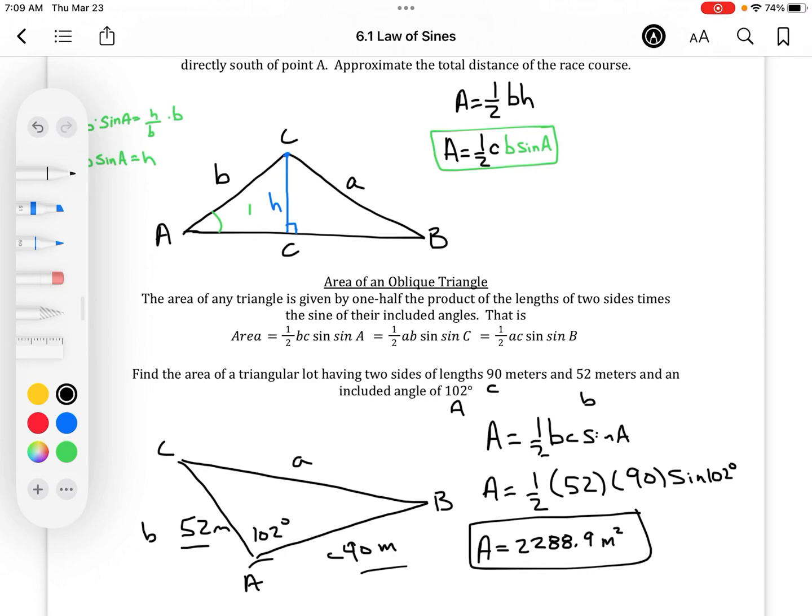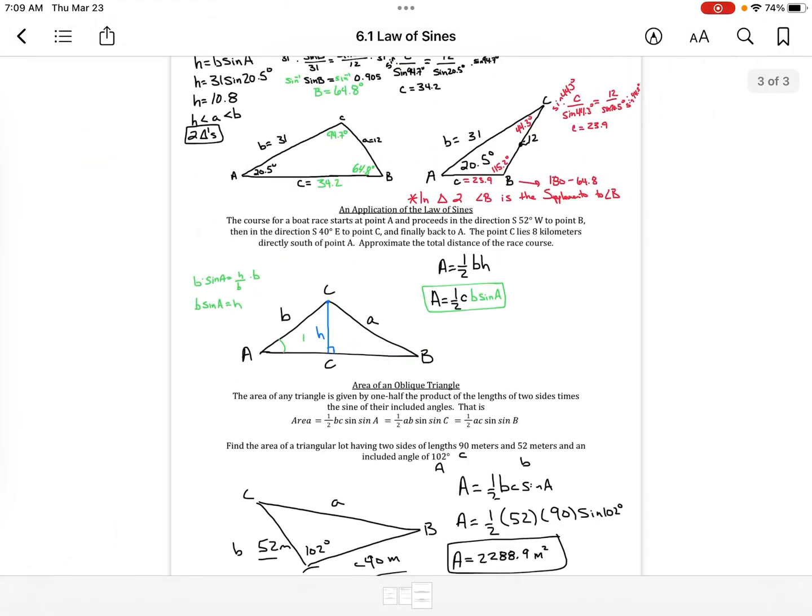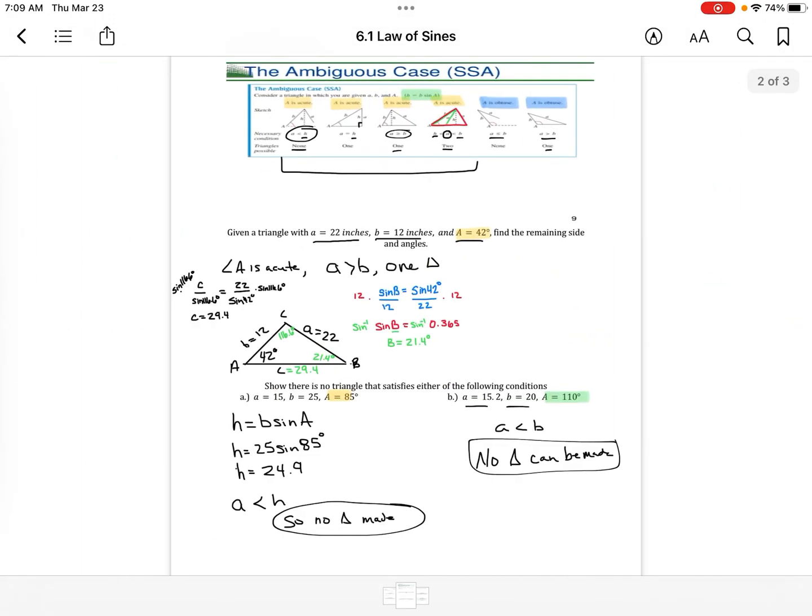So this whole section is a lot of calculate. I mean, your calculator's taking the brunt of the work. You just have to know how to use the law of sines and your ambiguous